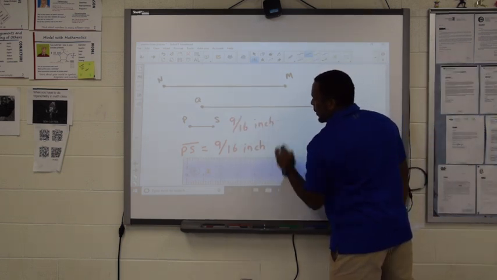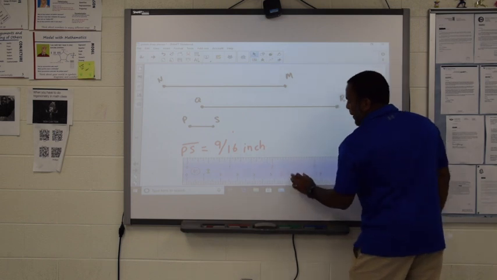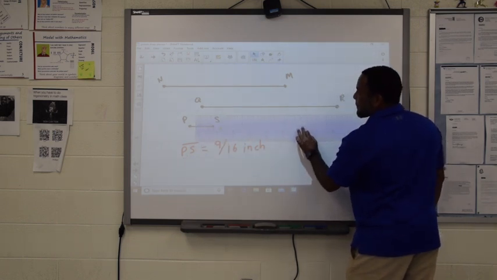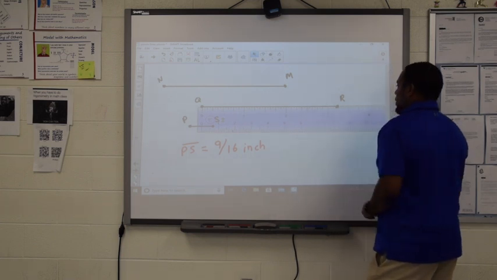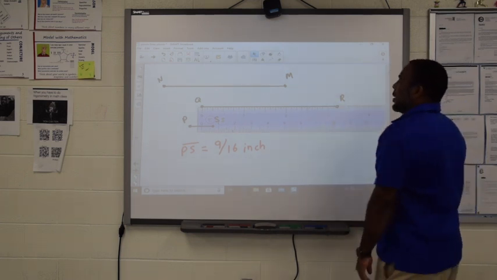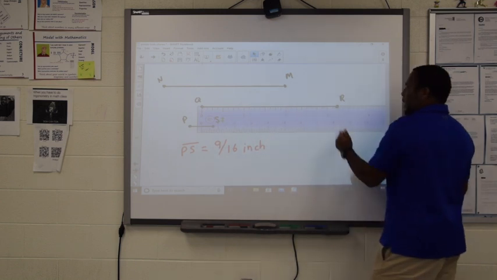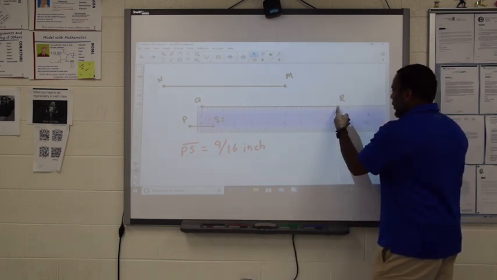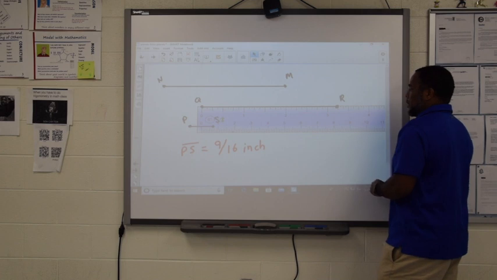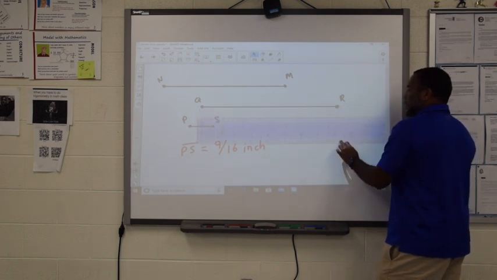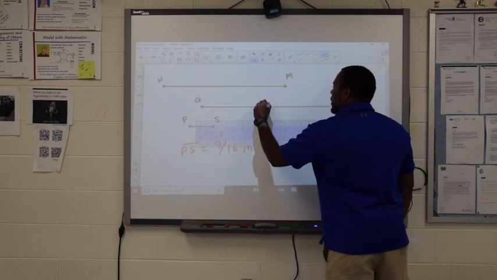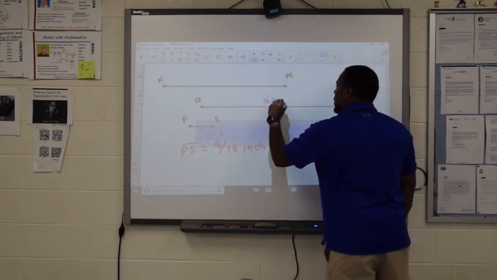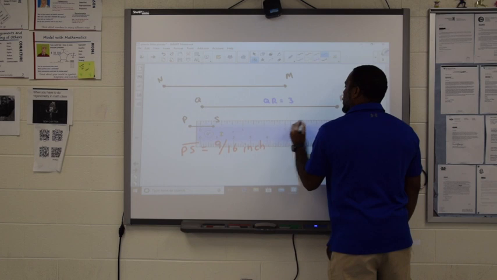QR, on the other hand, once again, we're going to start right at Q, all the way to R. Now, 1, 2, 3, that part's easier than 1, 2, 3. 3 out of what? 3 out of 16. So that's going to be 3 inches. So QR here is 3 inches and